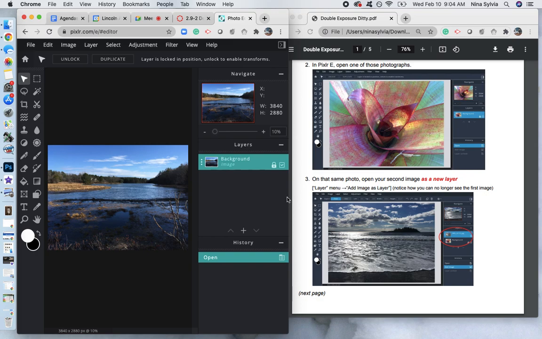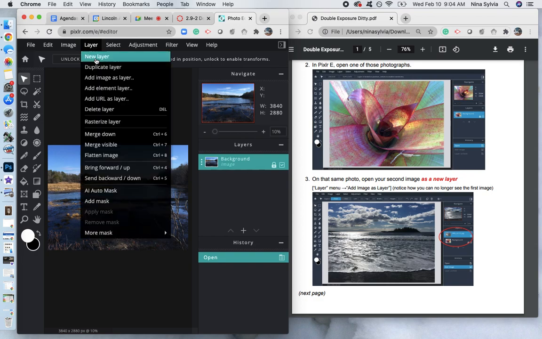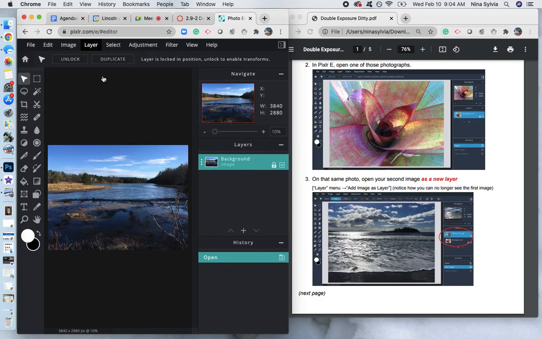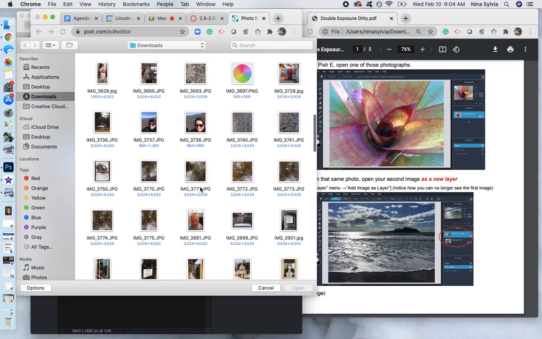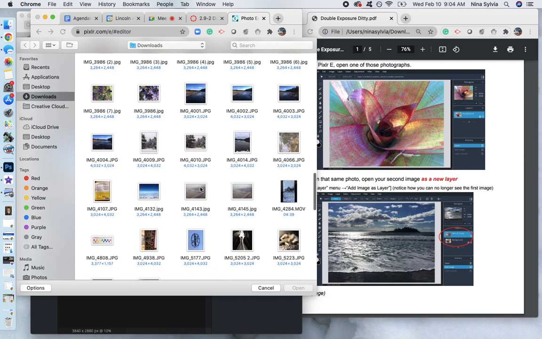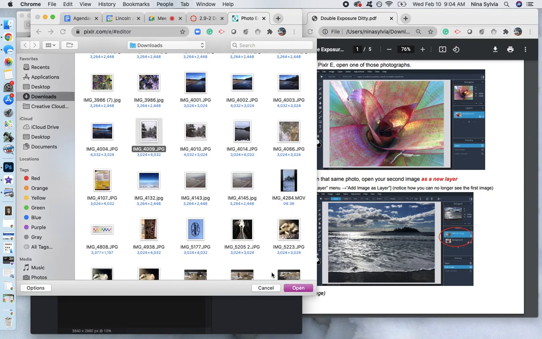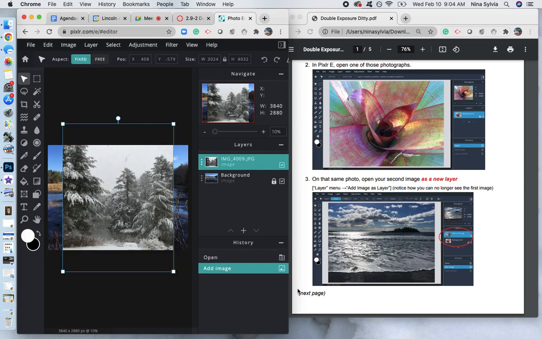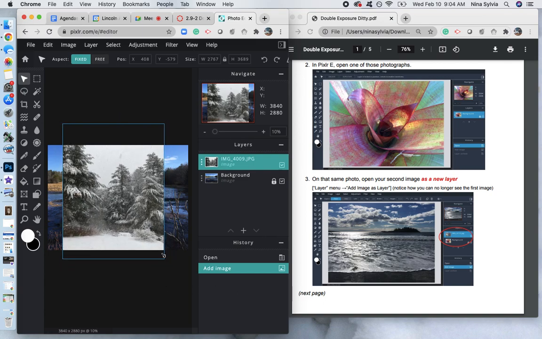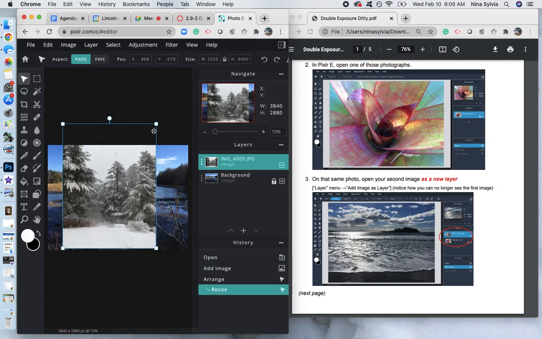Now, on the same photo, you're going to open another image as a layer. I can't remember if we've done this before. So you go to Layer, Add Image as Layer, and then it bumps you back to either your downloads or your desktop. So I'm going to scroll down and choose a second image. I'm going to take the snowy scene, and I'm going to open it. Now, what you're going to see is that I have one image on top and obscuring the other. So I'm going to shrink this top one,